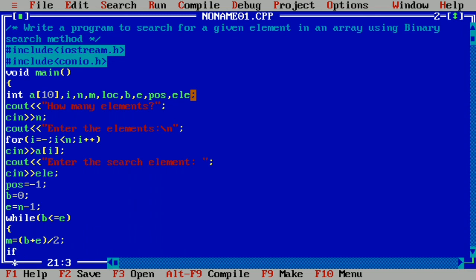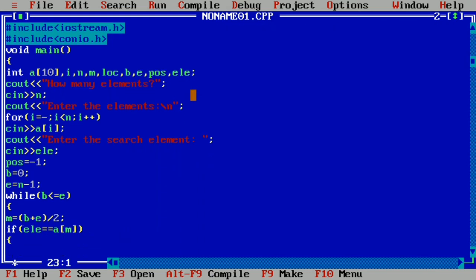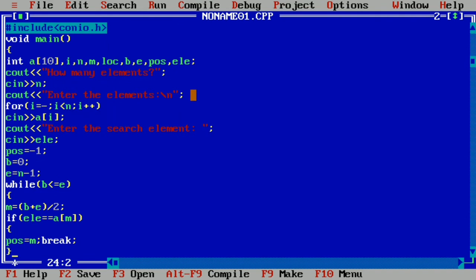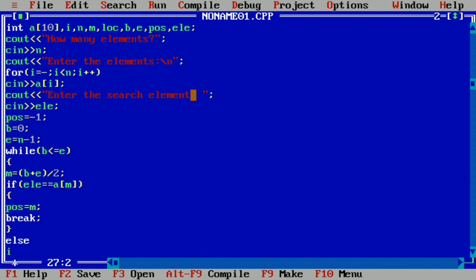Next we are going to check the condition here. If element == a[m], if it is true, then it has to return the position. So position = m, that is m consisting of the position of the element, and here we are going to use a break statement and curly closing brace. Then we will write else, as per the algorithm.